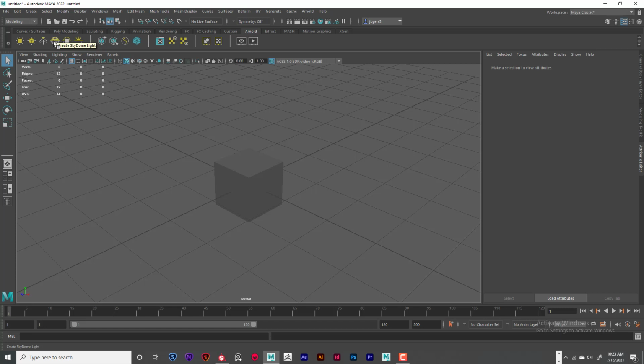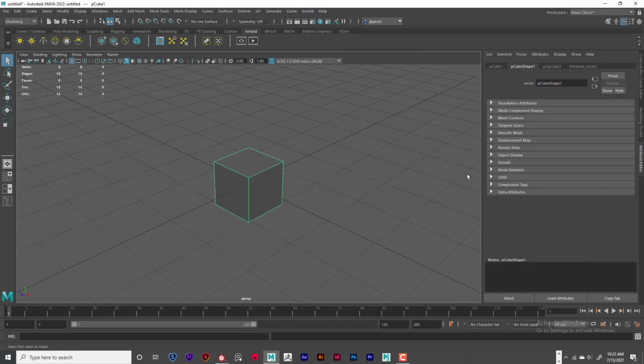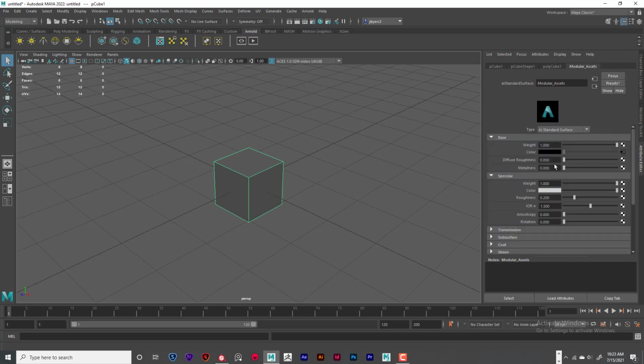But if you want to just see what the textures look like, go ahead and feel free to use the Skydome light and do a preview render if you want to, okay? That's up to you. So, modular assets, and then you're going to put the color in,